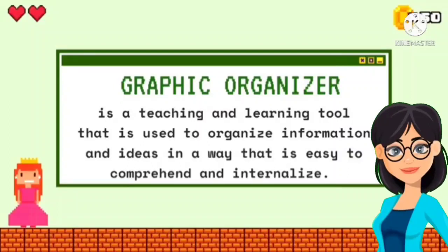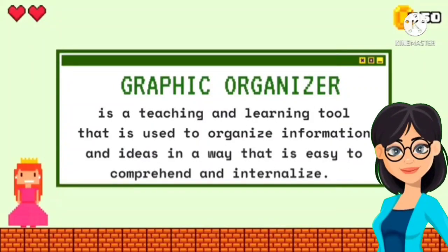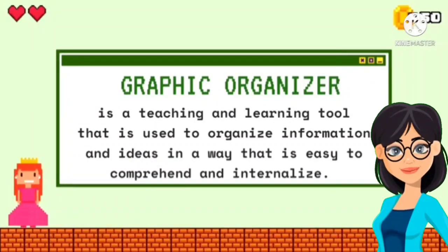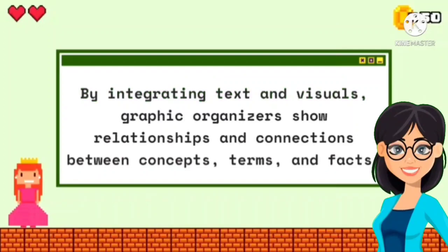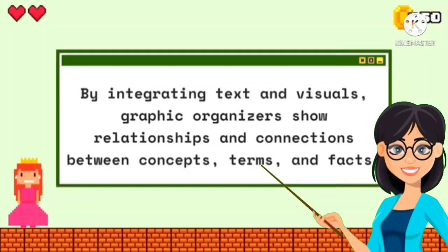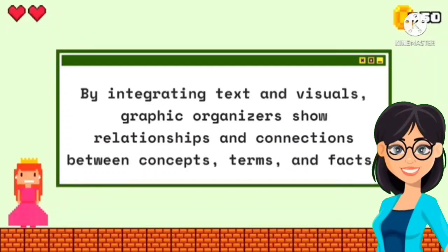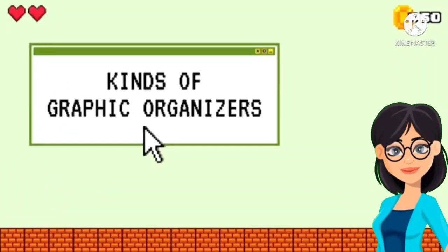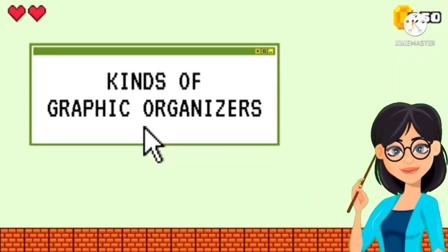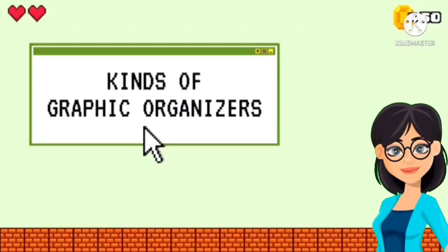A graphic organizer is a teaching and learning tool that is used to organize information and ideas in a way that is easy to comprehend and internalize. By integrating text and visuals, graphic organizers show relationships and connections between concepts, terms, and facts. There are many different forms of graphic organizers, each with its own unique way of organizing and displaying specific bits